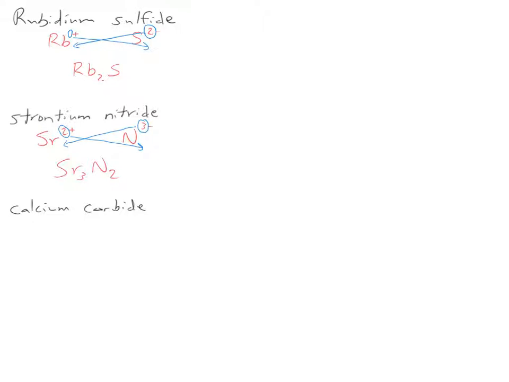Sr3N2 for strontium nitride. Now, calcium carbide. Calcium, element Ca. Carbide, carbon, element C. Calcium is a metal. Carbon is a nonmetal. So again, this is ionic. This is binary. And so from its position in column 2 on the periodic table, calcium has a charge of +2. Carbon, from its position in the periodic table, when it's an ion, has a charge of 4-. Now again, I cross the charges. So I take the 2 from the plus and the 4 from the minus. I cross them. And that then gives me